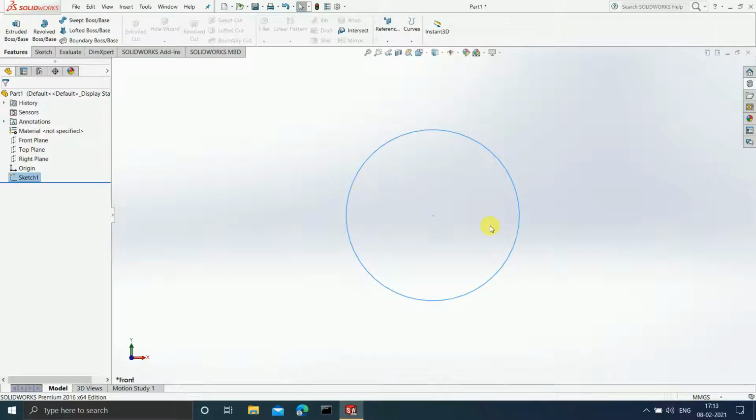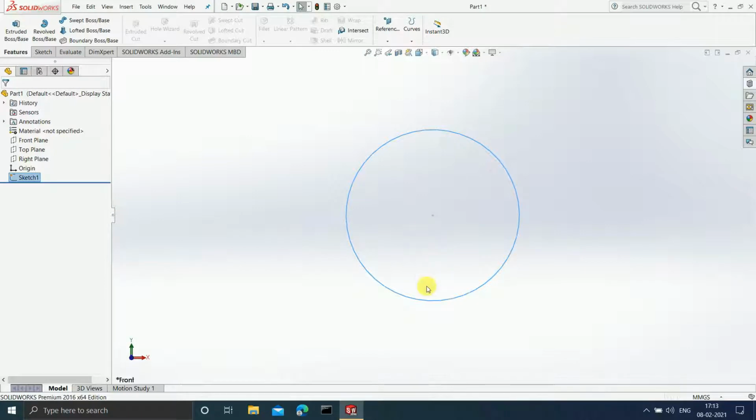So whenever we draw a sketch, can I say that I can extend my sketch in a horizontal direction, that is in the x-axis, and I can even extend my sketch in the y direction, that is in the vertical direction?